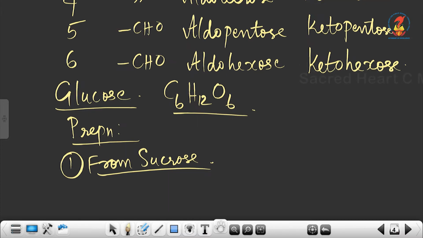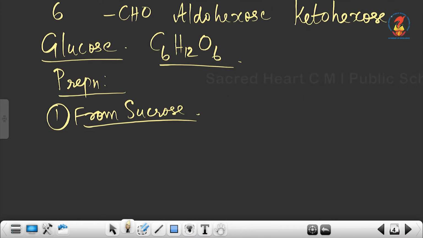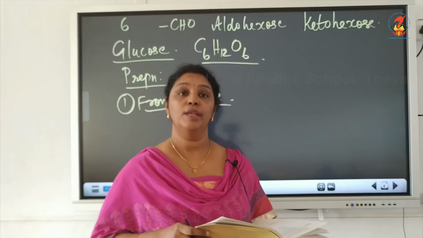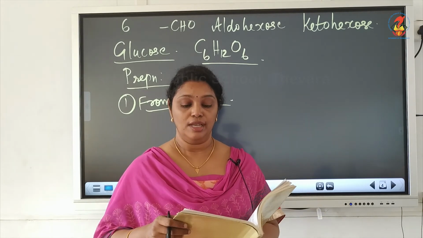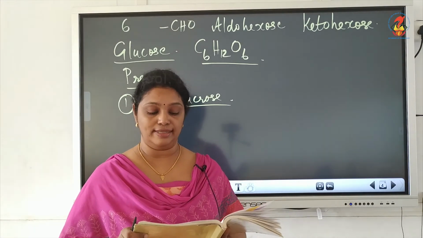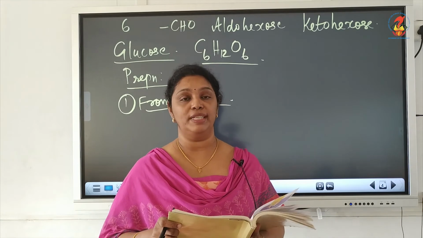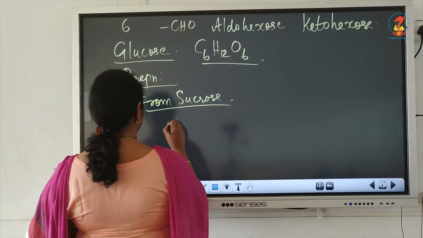Sucrose is cane sugar. Now, sucrose, we discussed it already. Sucrose is a disaccharide, and on hydrolysis we get glucose and fructose. So, how will you prepare glucose from sucrose? Sucrose, when boiled with dilute hydrochloric acid or sulfuric acid in alcoholic solution, gives glucose and fructose in equal amount. And the equation is, sucrose is